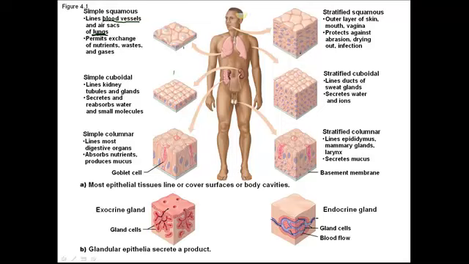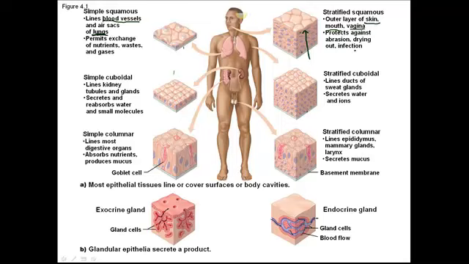Now the stratified squamous, you'll see at the bottom, they look cuboidal. This is cuboidal. Those look the same. So you have to look up, up, up, and you'll see that these are actually squamous. This is a stratified squamous and that's a stratified squamous. It begins its life looking like a cuboidal, but it's not. It's stratified squamous. And you'll know by where you find it, because you're only going to find stratified squamous on the skin, in your mouth, the vagina, anything that has a lot of friction,